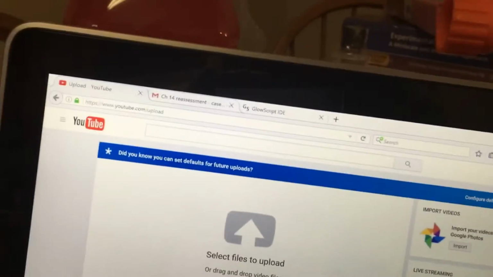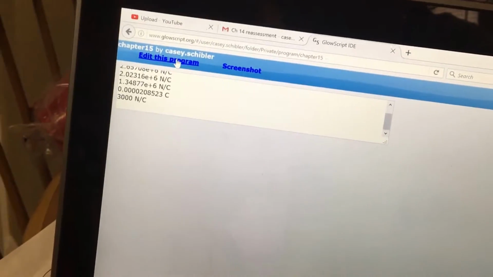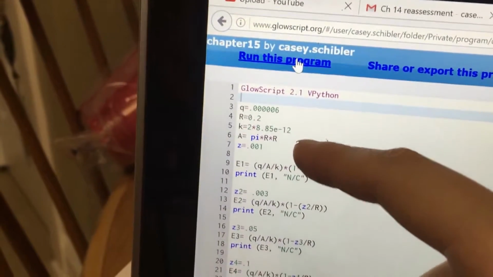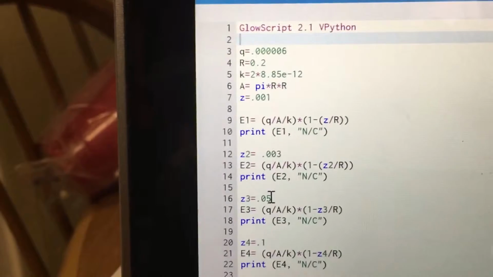Whenever I calculated in GlowScript, let's go to Edit Program, I calculated for the distance of 1 millimeter and 3, and as you can see, I got the answers, the first two. I then went on to calculate, well, I wanted to know how much would the electric field decrease if the distance increased even more. So I did it to 0.05 meters, as you can see here, instead of 0.003,